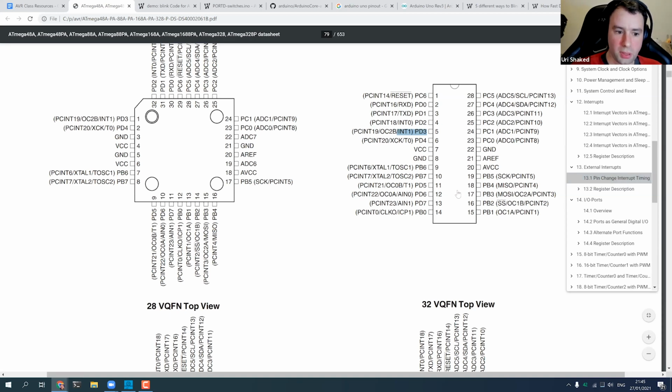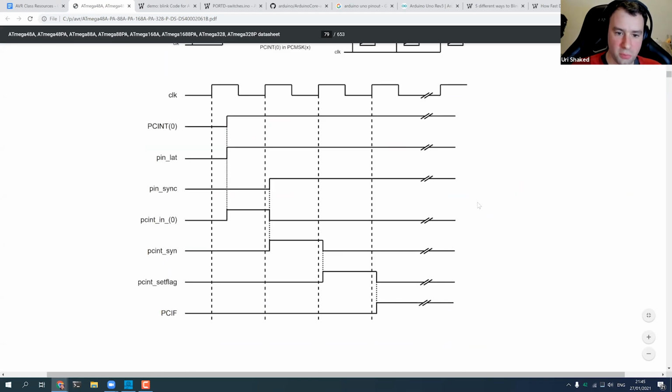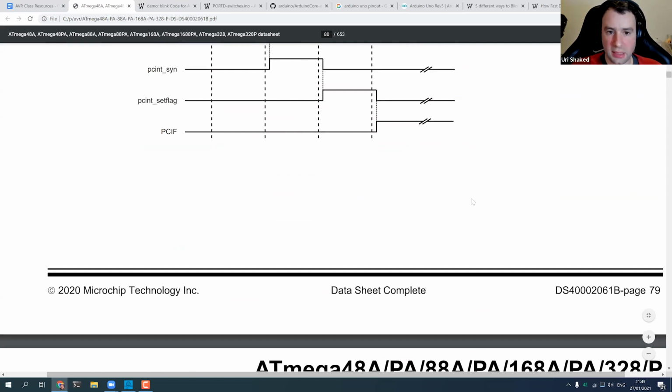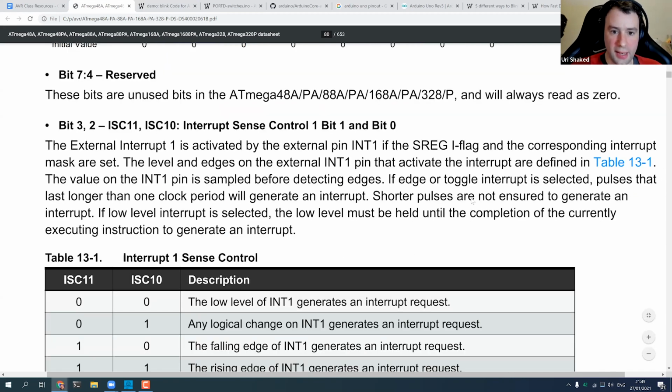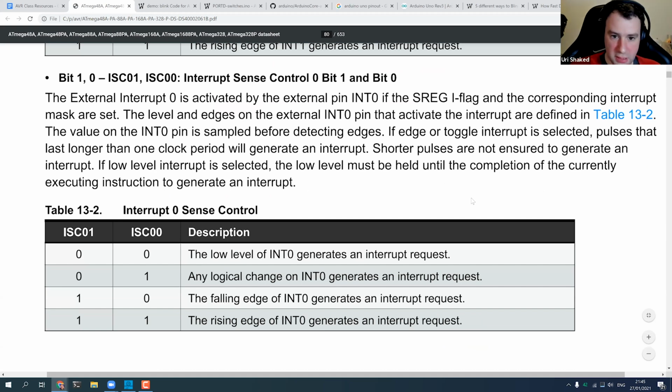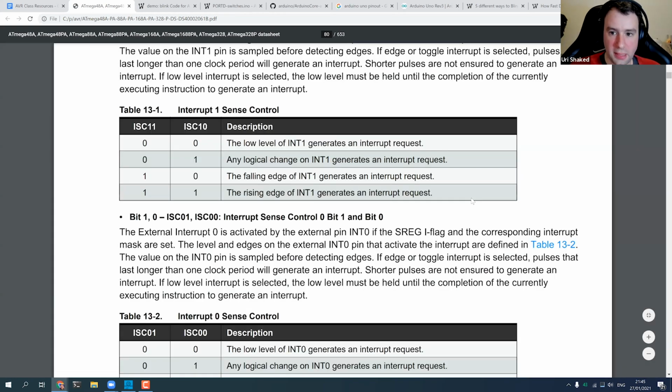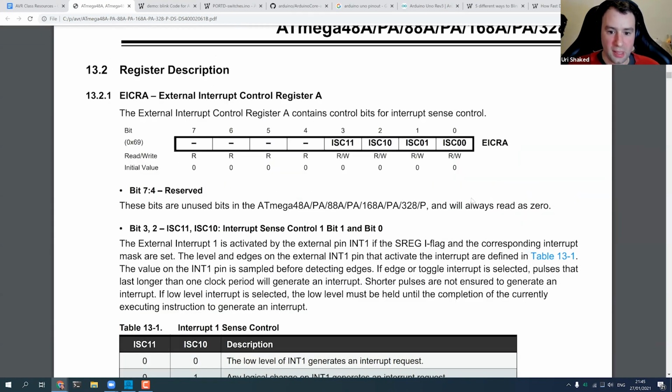And if we wanted to enable them, we would need to check out the external interrupt section. And there are two kinds of external interrupts. In this case, we are interested in the kind that controls int0 and int1.